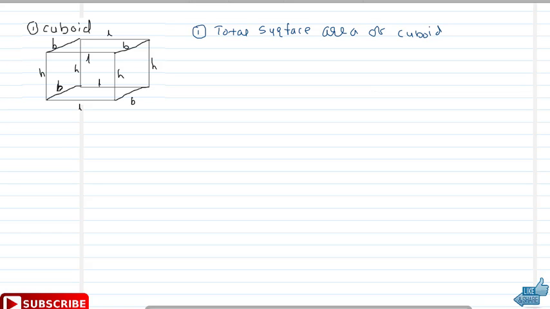Total surface area of cuboid. We can also say TSA of cuboid. So TSA of cuboid, if you just observe the total surface area, there are, see,